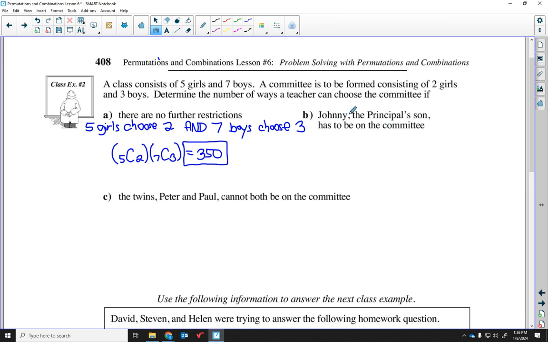Okay, now B says Johnny, the principal's son, has to be on the committee. Well, first of all, we'll assume he's actually in this class here. So really what's happening is nothing changes about the girls. So we still have 5 girls, and we're going to choose 2. And now, if Johnny has to be on the committee, well, that's 1 fewer boy to choose from. So now 7 minus 1 is 6 boys. We're going to choose